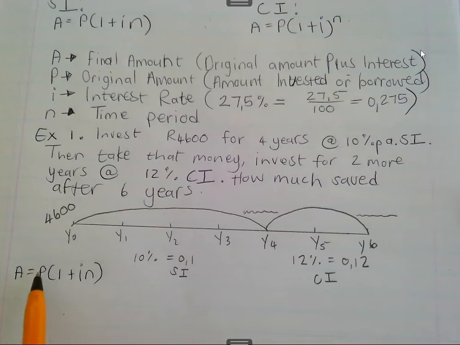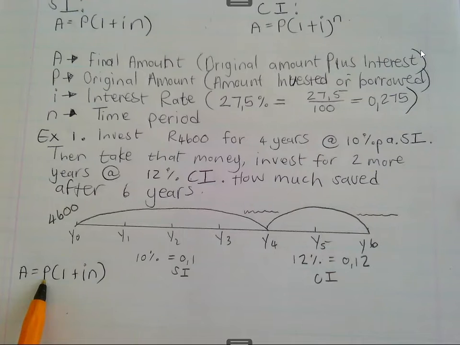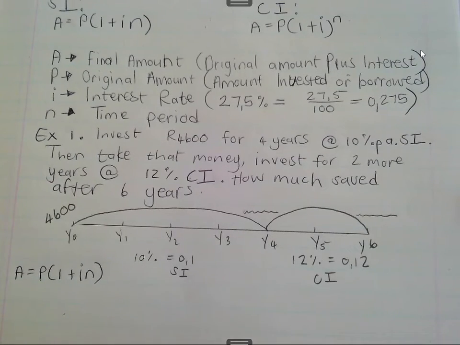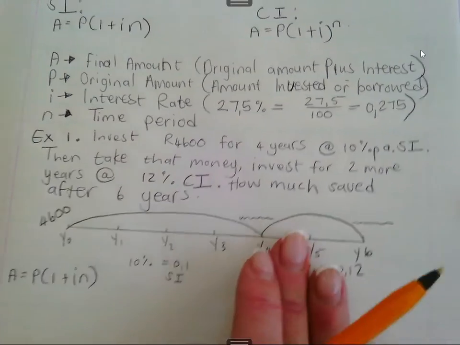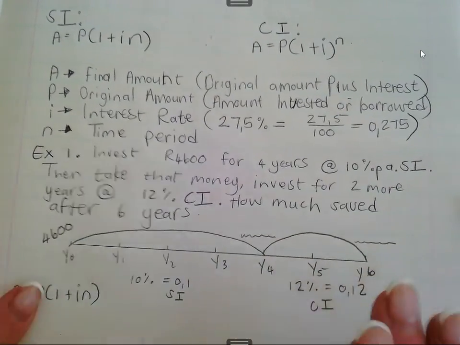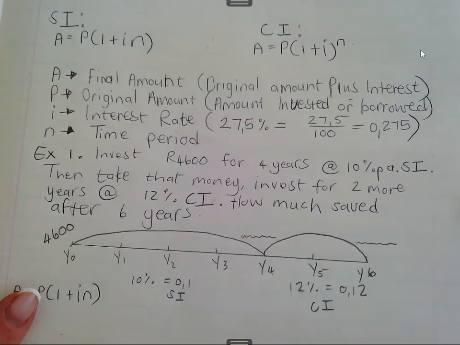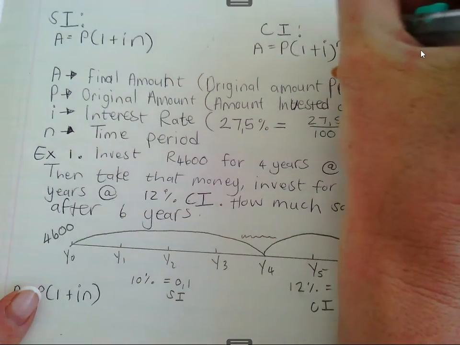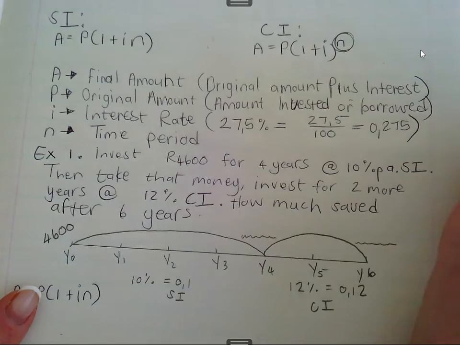But they can also give you the final amount. You need 50,000 Rand after 5 years at the interest rate of 12%. What amount must you start with? Does that make sense? Then you're going to have to calculate P. But you guys know how to shuffle the equation to calculate one of these variables. Okay, so they can ask you any of the variables, any of them in those 2 equations, except for the time period at compound.